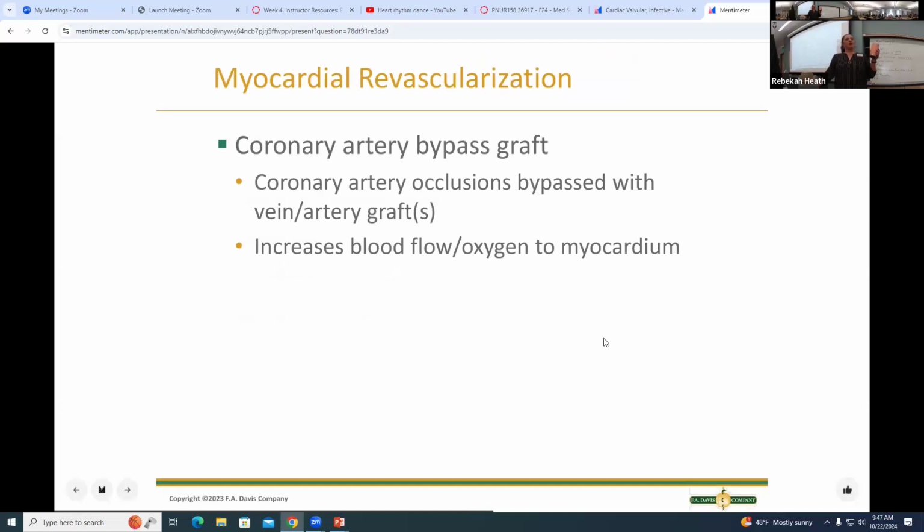Sometimes, if a cardiac vessel is totally blocked, we can't go in and balloon it open. We can't go in and put a stent to keep it open, and you have to do a graft. So as you go out to clinicals, patients have a lot of heart issues. If you see in their chart CABG, which is so funny, almost once every year, every other year, I hear somebody in our clinical groups be like, why do you think we talk about my patient eating cabbage? I don't understand. And what it is